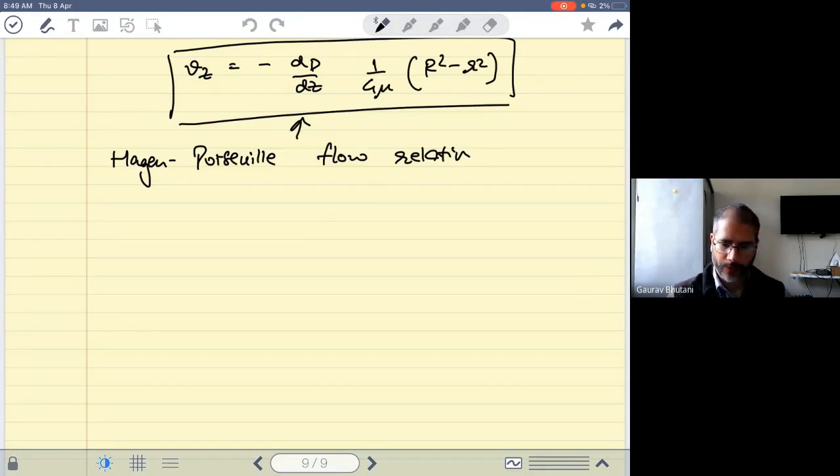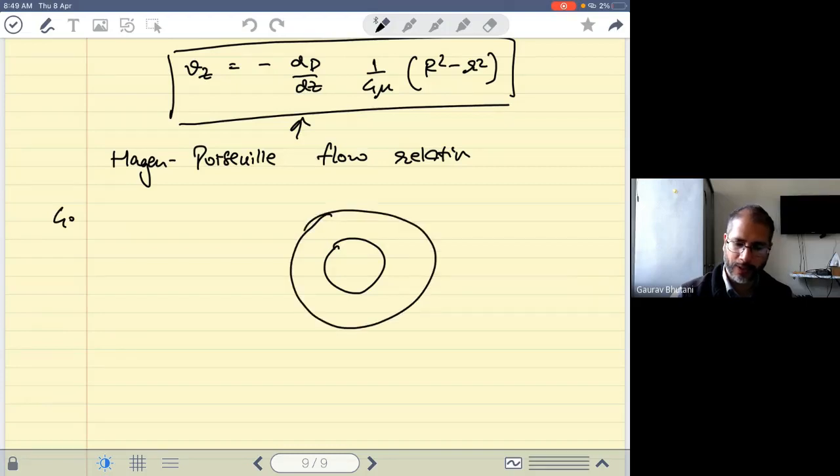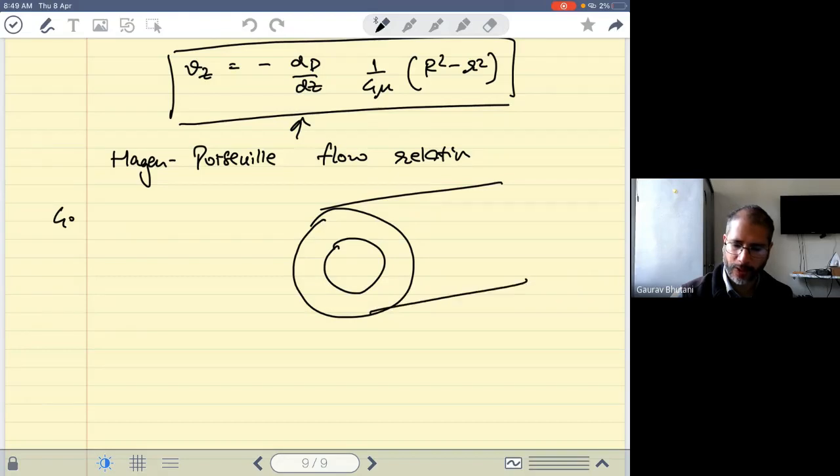Along with another problem, which is again very common. So the other problem that we have, number 4, is flow between two cylinders. Okay, so you have a cylinder, you have another one. So it's like a journal bearing. So you have the center cylinder, let's say, rotating. It's like a shaft that's rotating, and the shaft is housed inside another cylinder, and between them you fill some fluid like an oil, a lubricant.